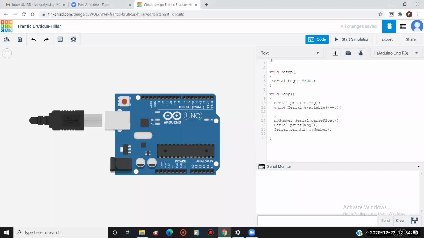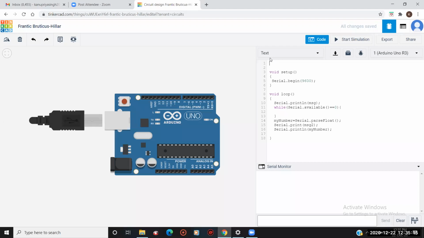The concept is that I declare a variable, a container, of string type. Then I assign a variable in it that will store my message, whatever I want to enter on the serial monitor. I'll not assign any value to it, I'll just make that variable.